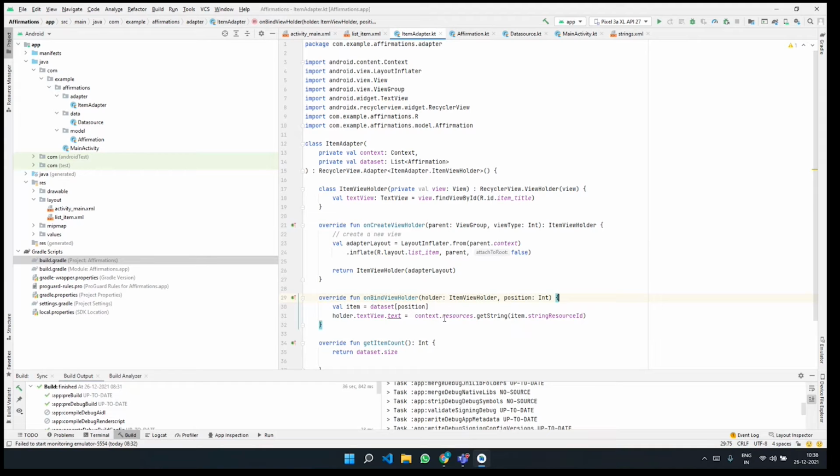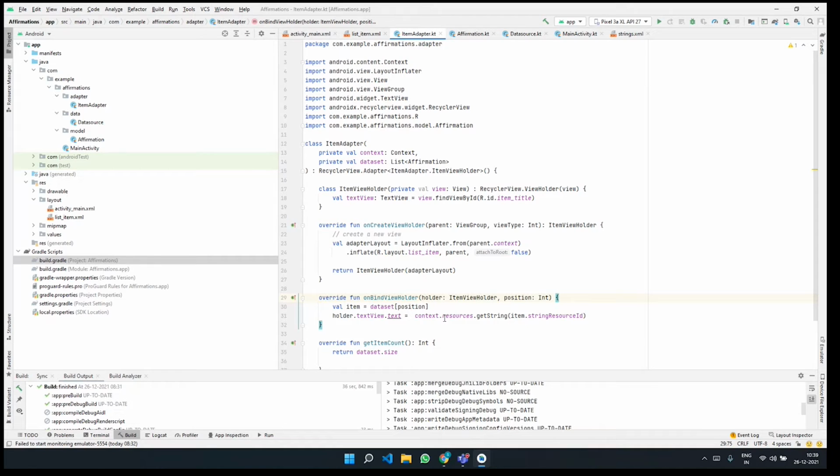So all the affirmations of a particular day would be displayed in a list format using the adapter. That's about what we would be doing in this application, and we can also see what each one of them does.